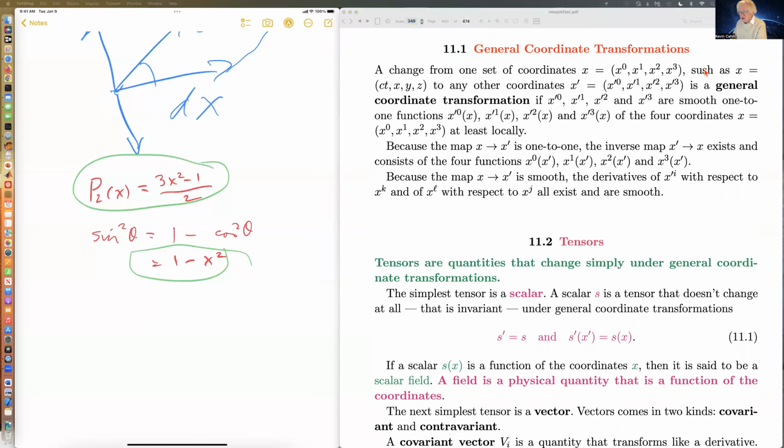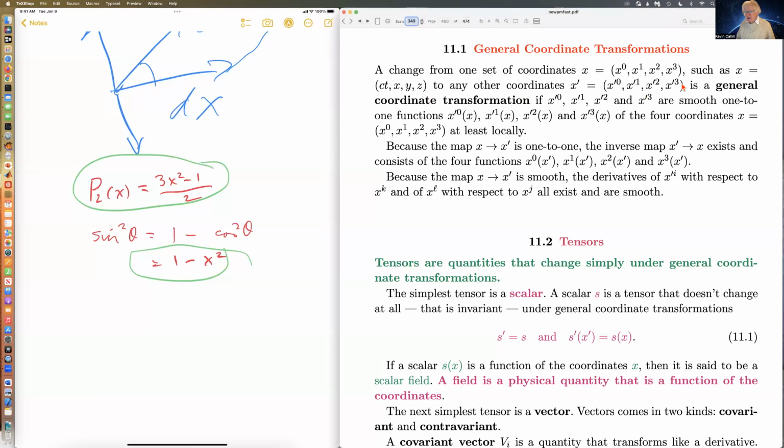So to go from the ordinary coordinates, Euclidean coordinates plus time, rewritten as distance, ct, to some other set of coordinates, it's a general coordinate transformation